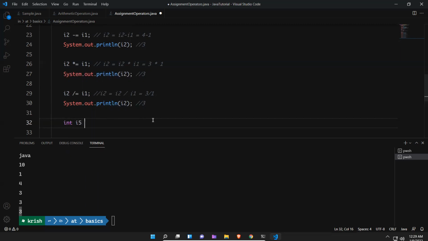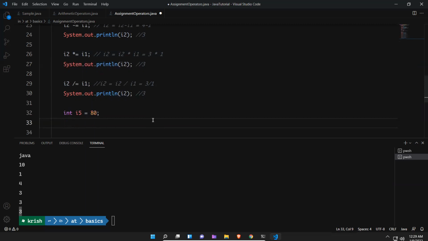Int I5 equals 80, and I5 modulus equals I2. Then how will it become? I took I5, you can take anything, I4, I3, just an example. I5 equals I5 modulus I2.